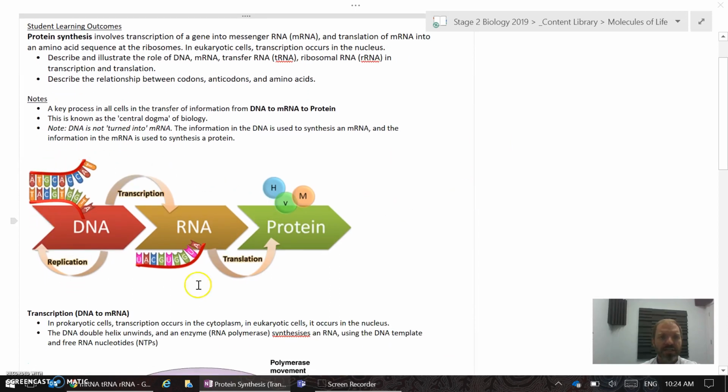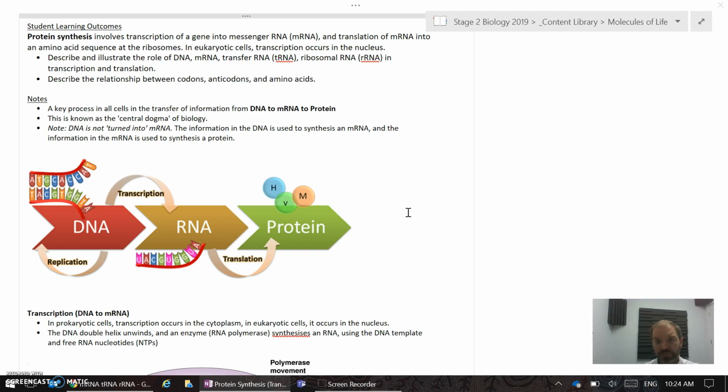So this is an important part of biology. It's called the central dogma, and it basically says that DNA can be replicated to make more DNA, which we've already looked at, but also DNA is transcribed to make RNA, which is translated to make protein. And this is the connection between the three main macromolecules that we're looking at and the core of this topic,